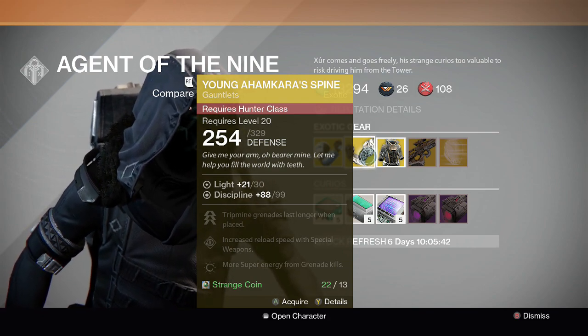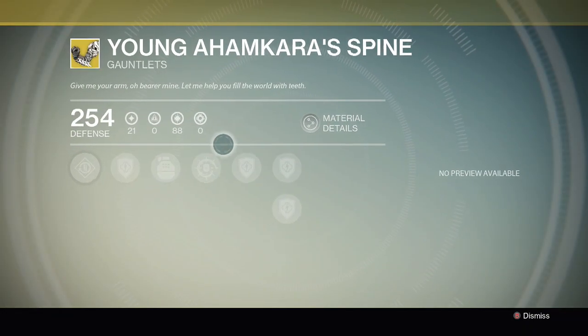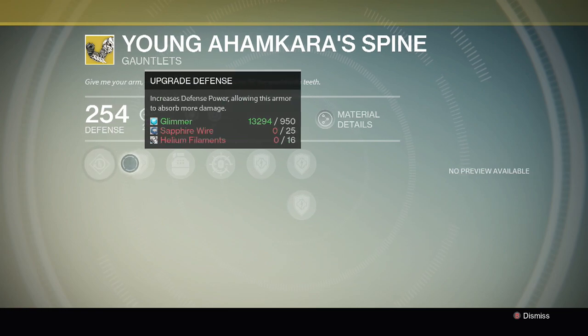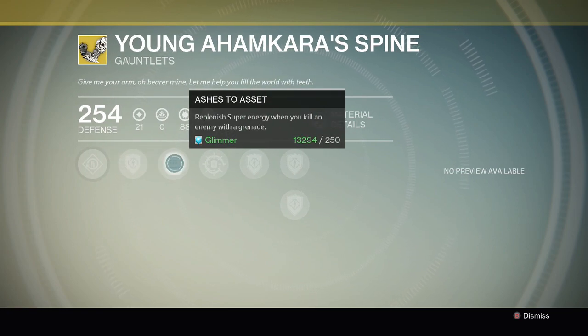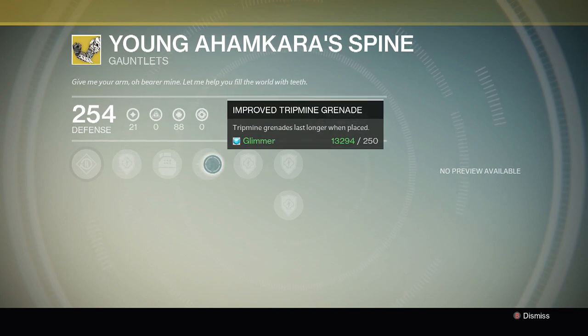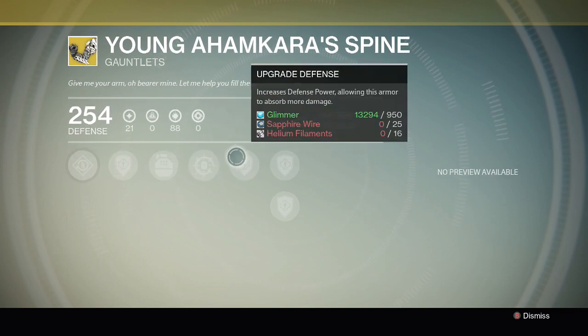Next thing is Young Ahamkara's Spine. That's a hard one to say. And I have this for my Hunter, and it has special weapon reloader. You reload your special weapon faster. Replenish super energy when you kill an enemy with a grenade. Tripmine grenades last longer. Now my advice on this exotic